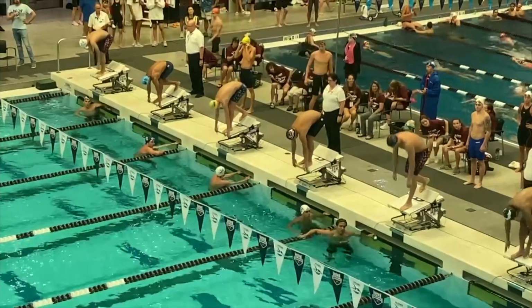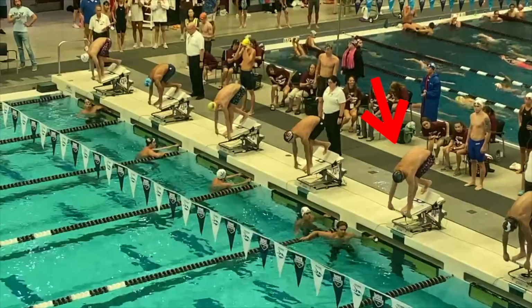All right, that's me in lane 5, and we're gonna pause it right here at Take Your Mark. You notice I lean back more than the other guys. All these guys, they're either straight up and down over the block or they're a touch forward. And I lean back because I'm trying to take full advantage of that wedge. I used to lean back just a touch until I felt some tension in my lats, but starting at this meet, I've gone a little bit further than that, trying to take more advantage of the wedge and my strength, which is strength. And so I'm trying to sit back on that wedge and really get a big push